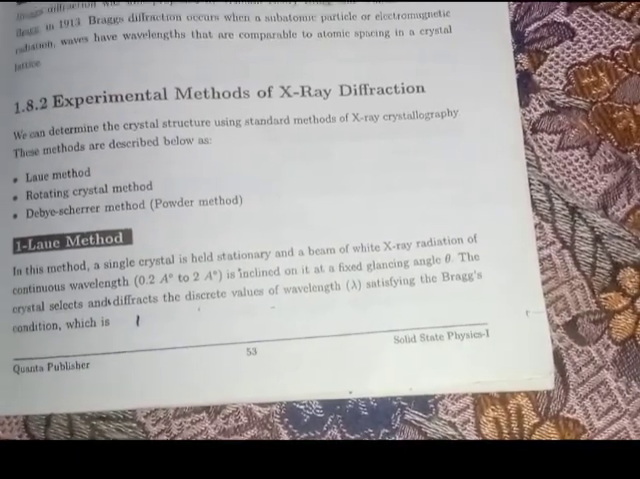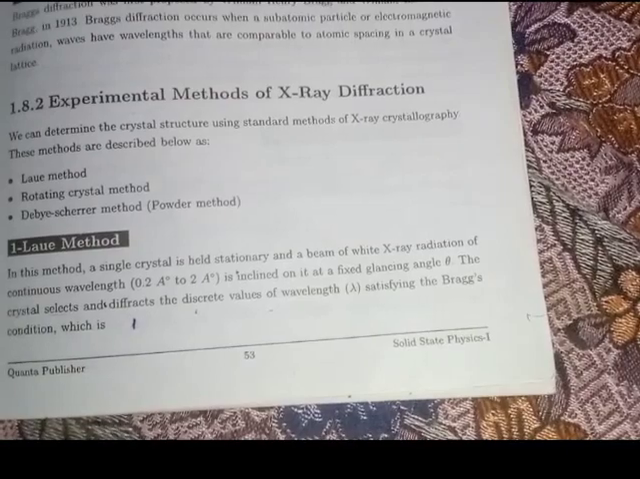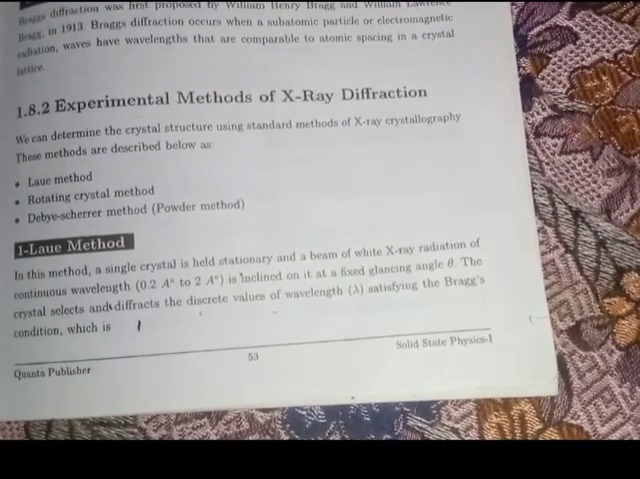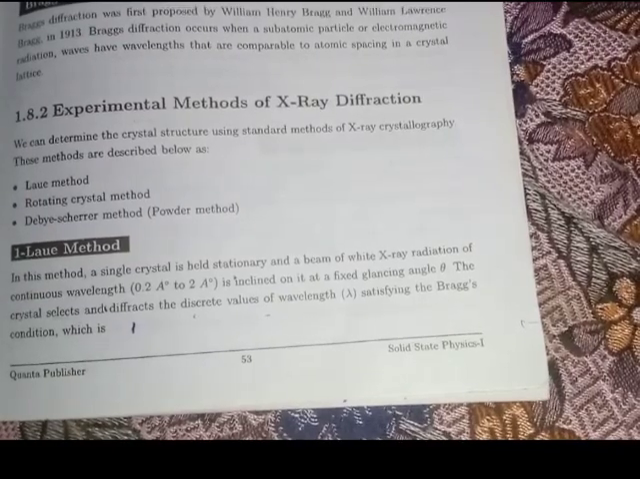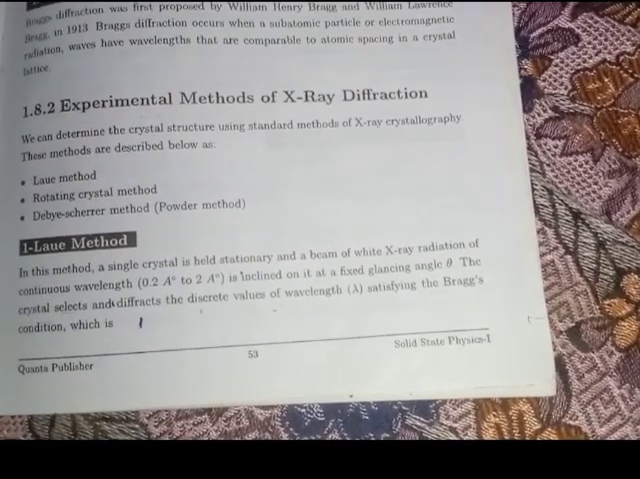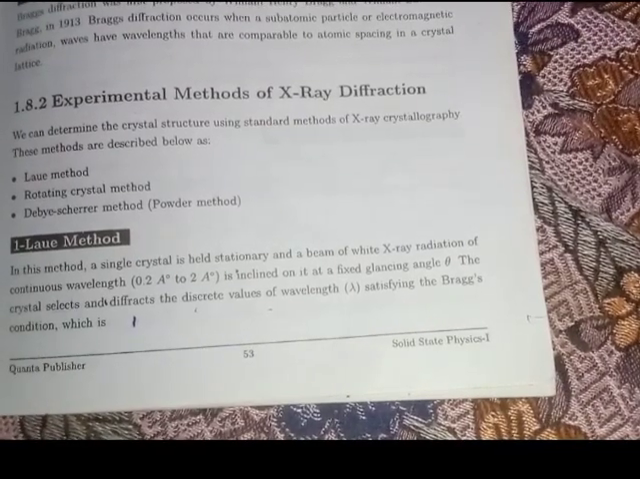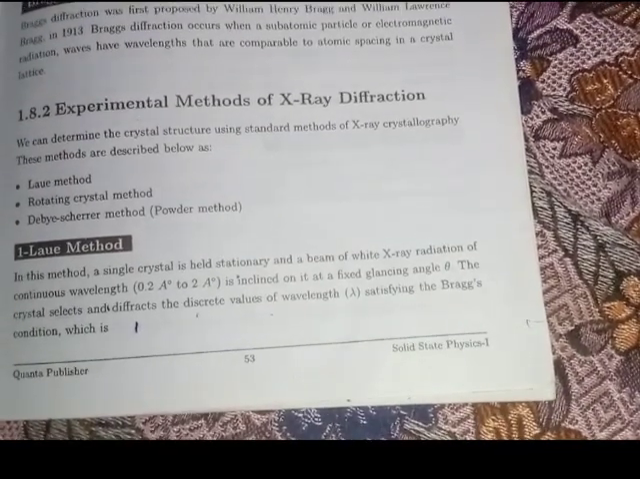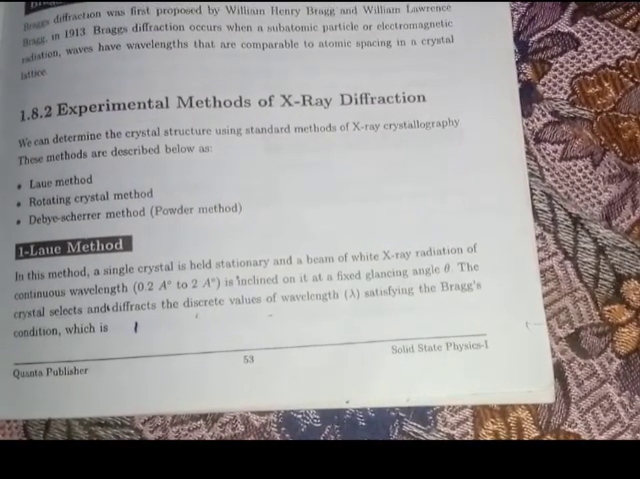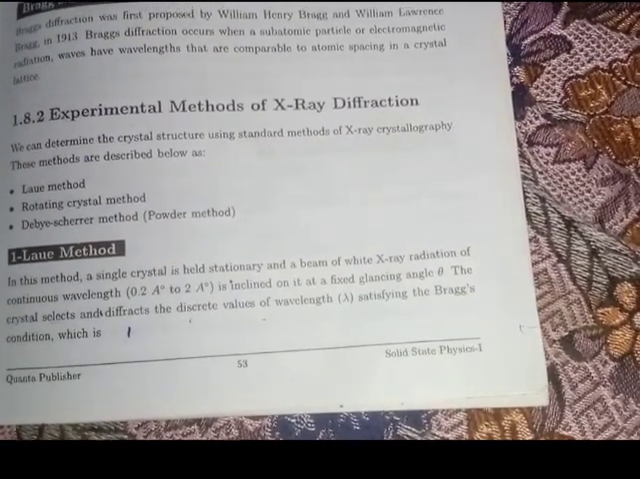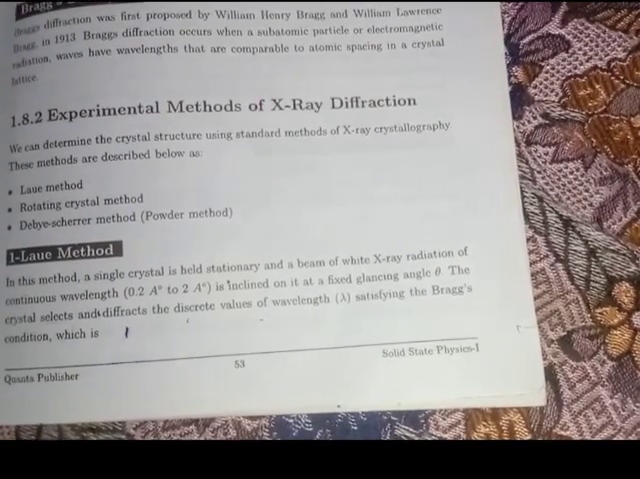सबसे पहले हम देखते हैं लाue मेथड। In this method, a single crystal is held stationary and a beam of white X-ray radiation of continuous wavelength 0.2 angstrom to 2 angstrom is inclined on it at a fixed glancing angle theta. The crystal selects and diffracts the discrete values of wavelength lambda, satisfying the Bragg's condition, which is